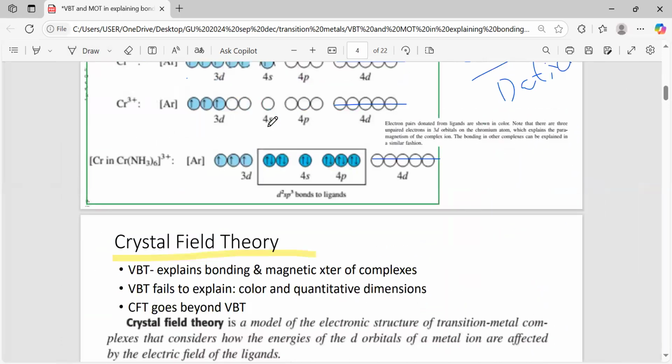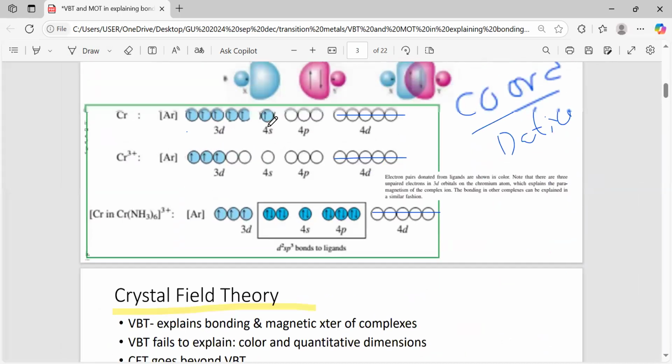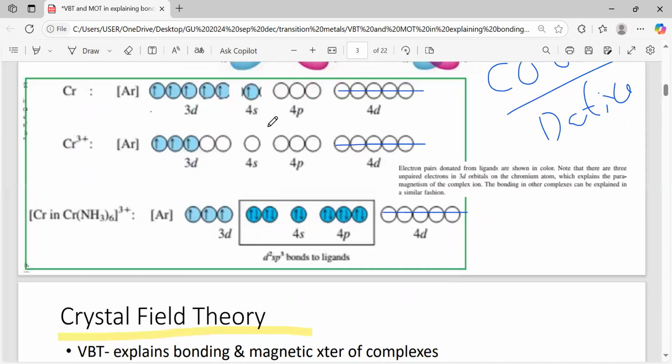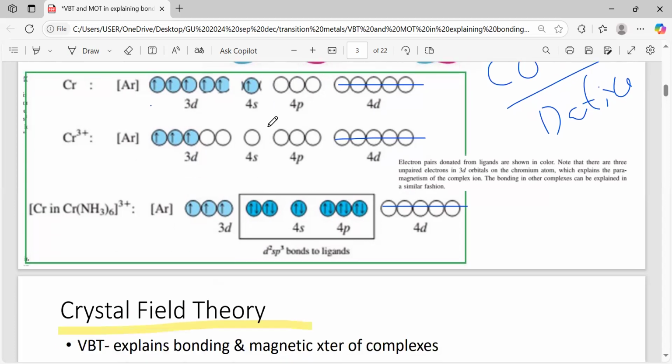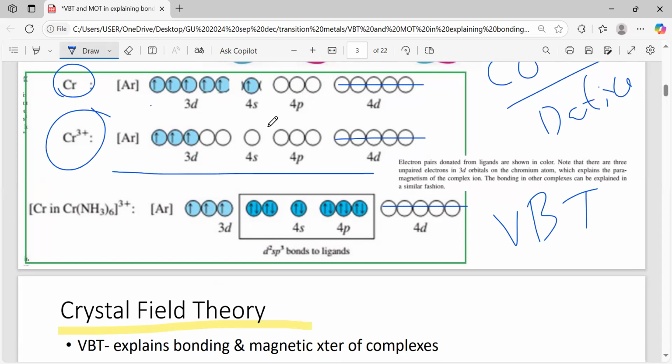And that is now represented here. If you look at this slide, you can see all the steps that have been followed to explain coordinate bonding in a metal complex using what we call the valence bond theory, VBT. It is so clear how bonding has happened between the metal and the 6 amine ligands. This is the neutral atom, then this is our chromium ion, and that is the ion that bonds to